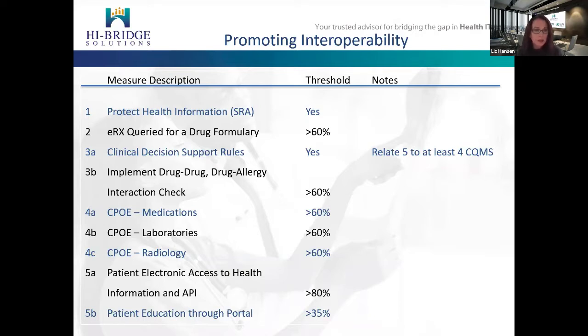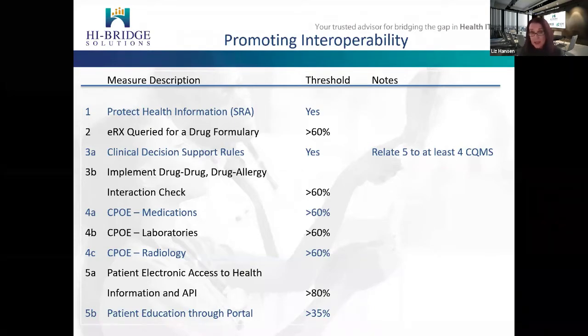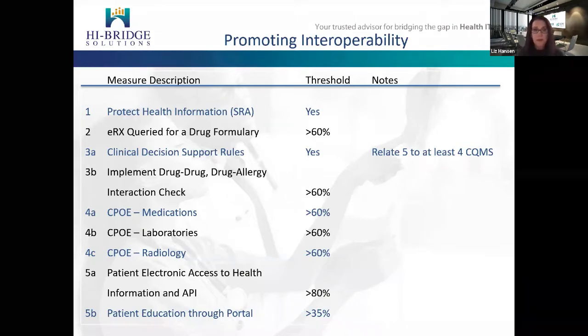And if we do, it's usually a practice that has less than 100 in the denominator, which provides an opportunity for an exclusion. Number 5 is patient electronic access to the health information and the access to API. This has to be greater than 80%. I will admit that this has been a struggle for some practices